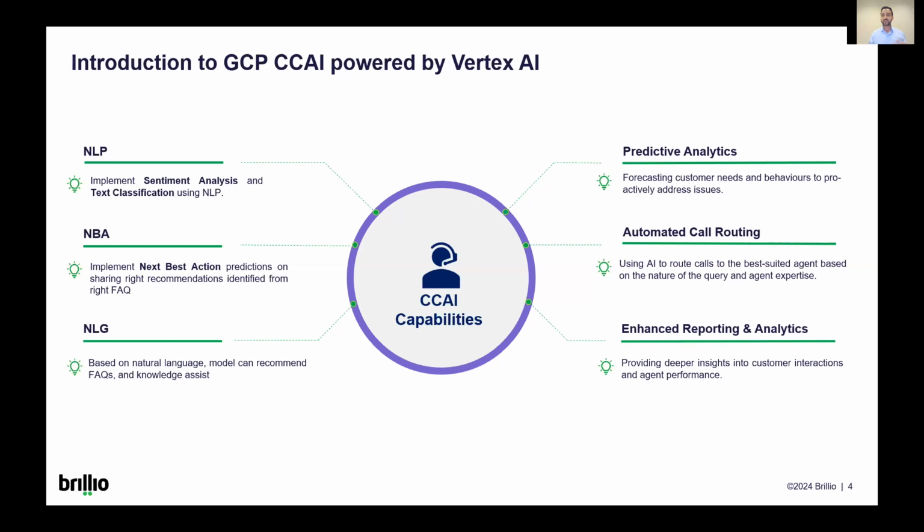The next best action, even the chat which you are having or the sentence which you are speaking, you can have a very productive next best action given to an agent through a model leveraged by Vertex AI and CCAI, which tells you what FAQ to share, what's the right message to say at the right time. If you're booking an appointment for a doctor's visit, what's the right time? So what's the right thing to say can be very easily and conveniently and relevantly shared with the user